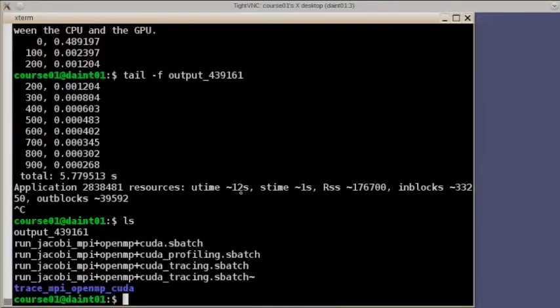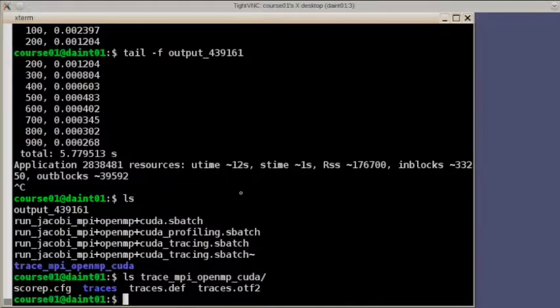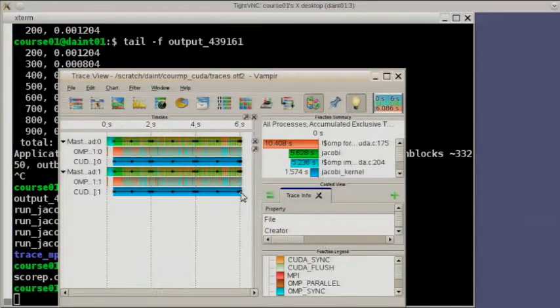Didn't complain so far, so we can have a look at the trace that has been generated. And you can open, for example, the performance radar now.